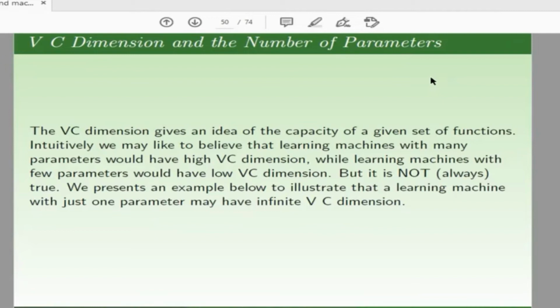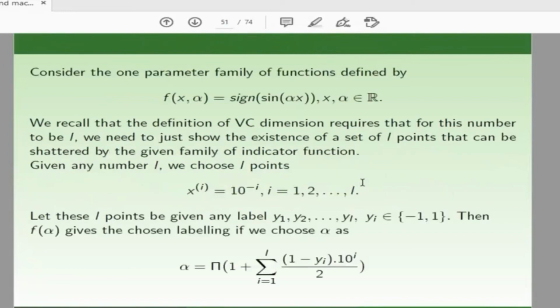That means I should choose a model for which the VC dimension is neither too high nor too low. Now, there is an example which was to show that the number of parameters and VC dimension are two different things. The number of parameters does not guarantee that the VC dimension will be more or less. So, for example, if you take this family of functions here, there is only one parameter L, and if you take L points here,